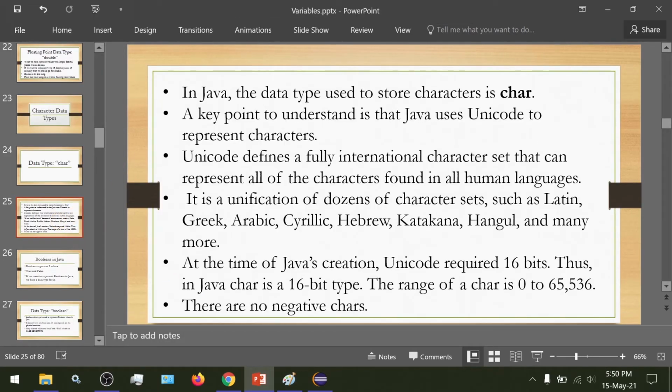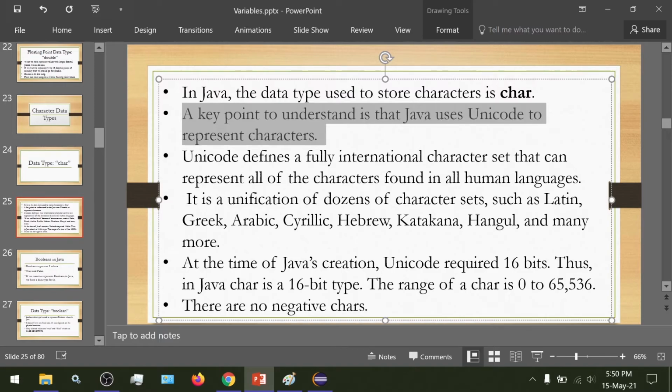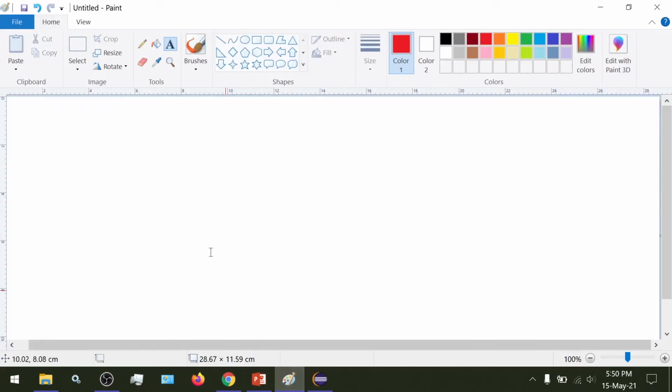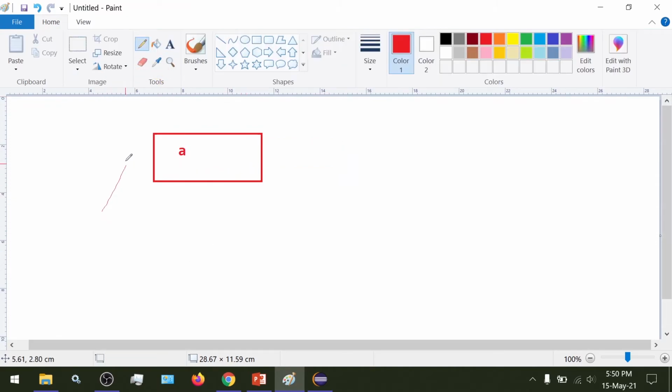So in Java, the data type used to store characters is char. A key point to understand is that Java uses Unicode to represent characters. So we can represent characters using the char data type.